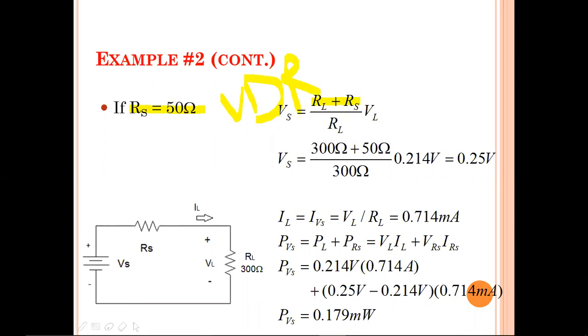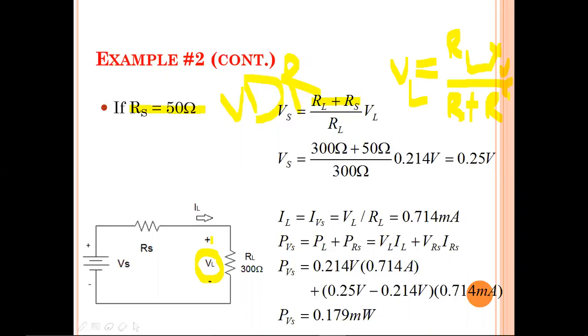So in the VDR, for the finding of unknown voltage, you should depend upon the known parameters, which is the total supply voltage. First I should write like this: VL, for the finding of voltage across this load. Already I know the voltage value at the load. So let me write this equation in this way: the voltage is the resistance divided by the total resistance, means RL over RS plus RL, multiplied with the voltage source, the total voltage.